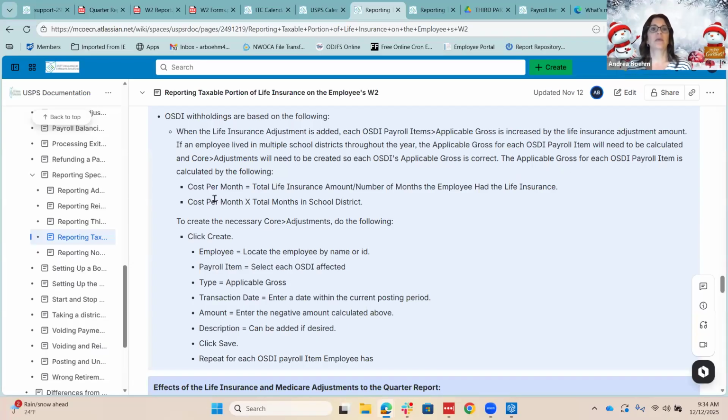So what they could do to get that cost per month is take the total life insurance amount divided by the number of months the employee had the life insurance. So say they had 12, then you would divide it by 12. Then you take that amount that we just figured times the total months in each school district. So if they know how much they work in each of the school districts, then they can figure and take